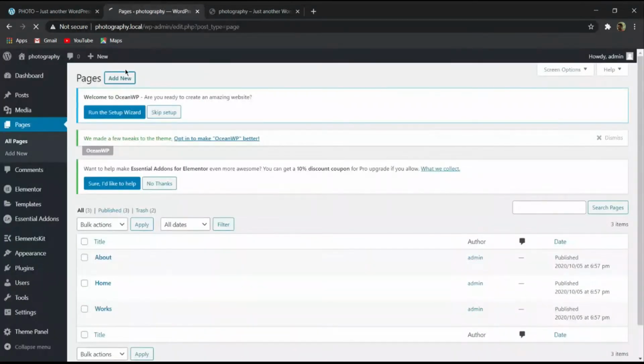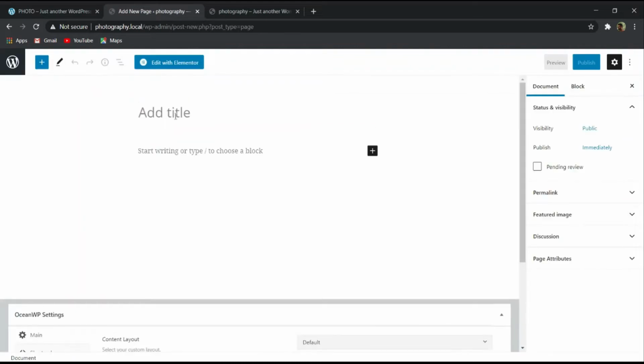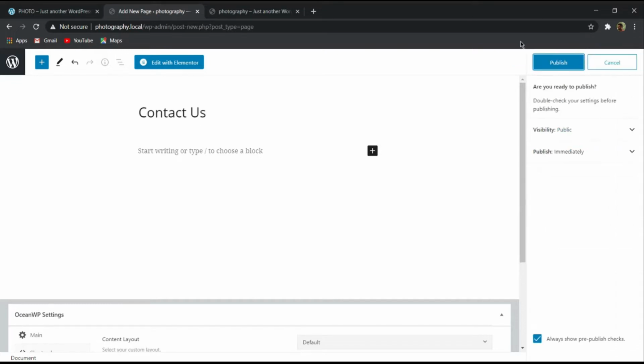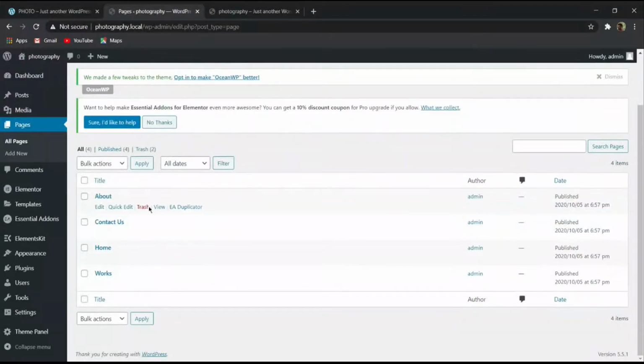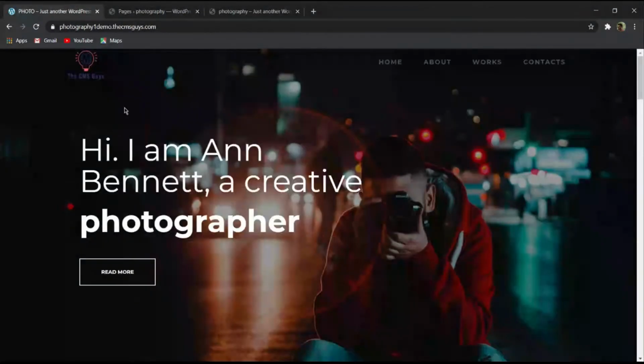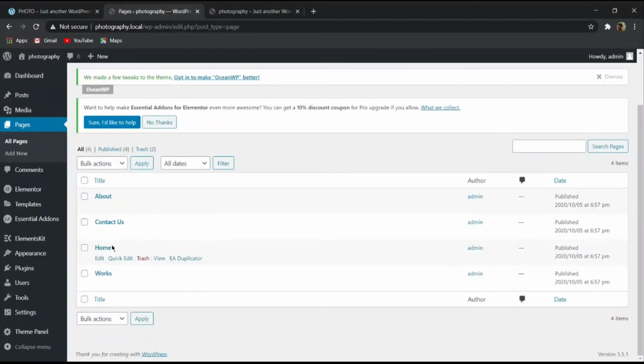And then the last page is the Contact Us page. So here I will give the title Contact Us, publish. Now you can see that we have created all four pages as we require. So now let's start creating the home page. First of all I will click on the home page. Here I will click on edit,